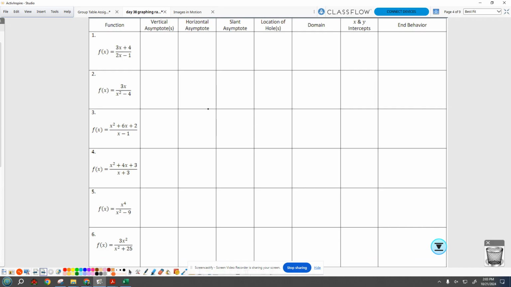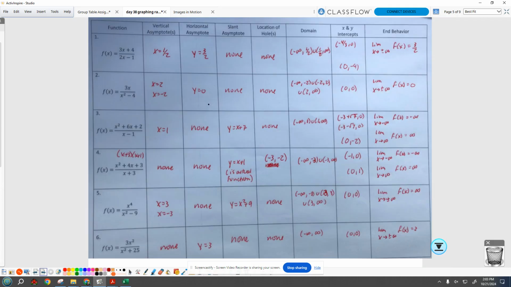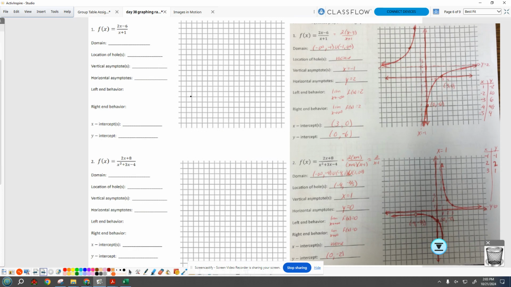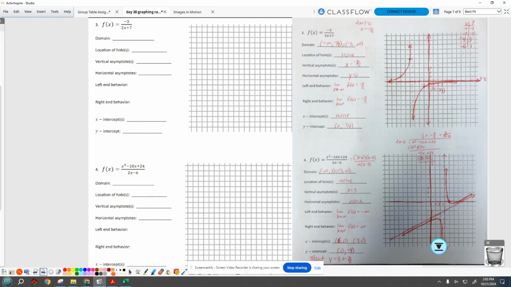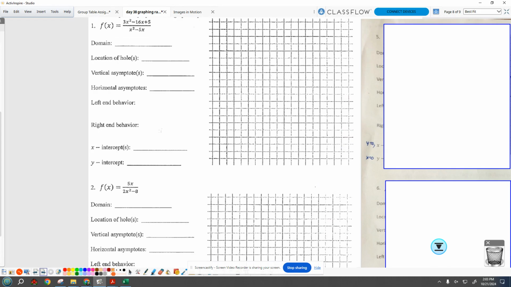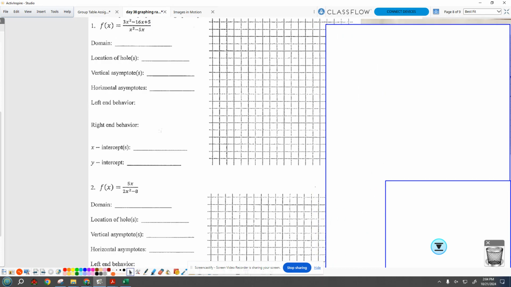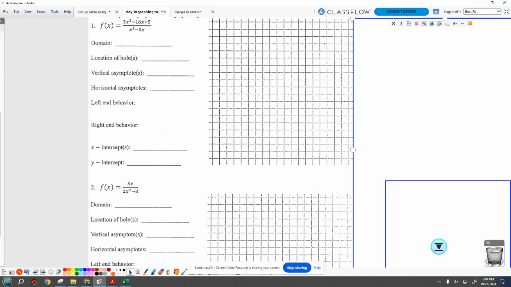Things to study for Wednesday. This sheet should be completed. Here's the key. It is posted. Here is worksheet 1, and we should have completed it. The blank and the key are posted. Here is worksheet 2. You were supposed to do problems 1 and 4A for homework. I'm kind of thinking that didn't happen, but let's do number 1 on worksheet 2 now.